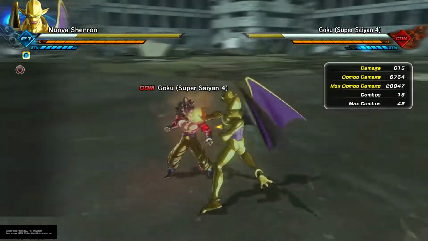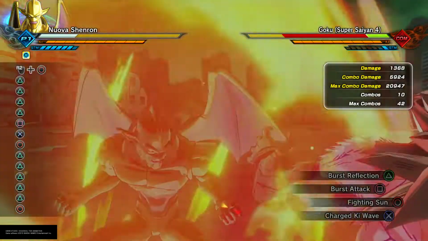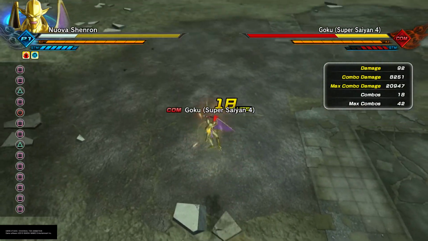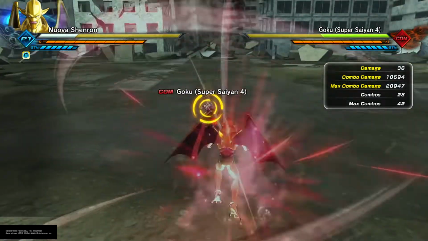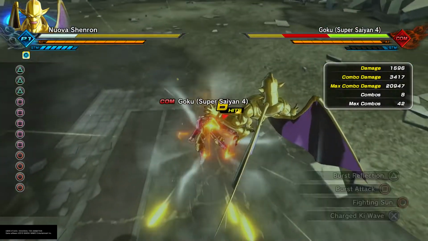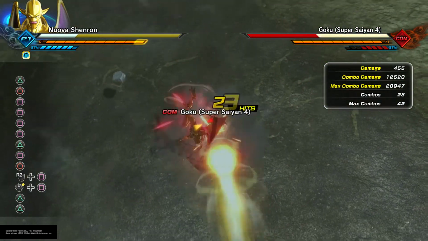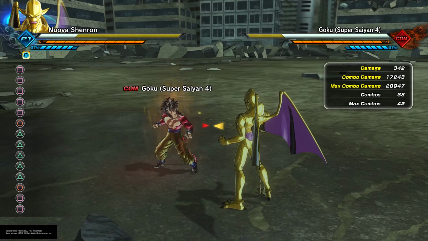I would not recommend doing this whenever your opponent still has stamina to fight. Oh yeah, that's right. They actually patched that. What I was trying to do there, guys, was that the homing key blast used to last a lot longer. And you can do whatever you want after that as well. If you don't want to go into the grab,